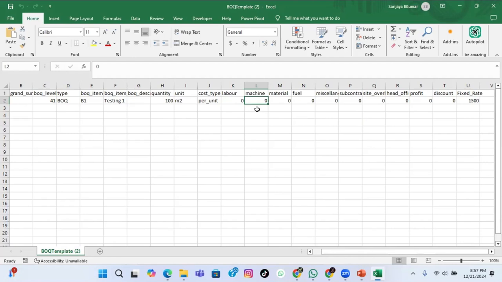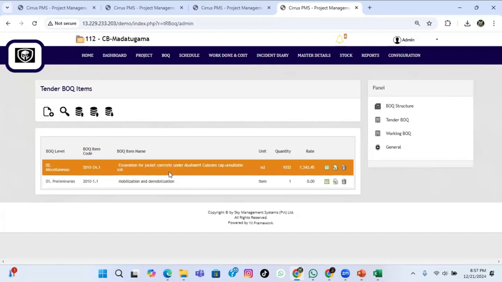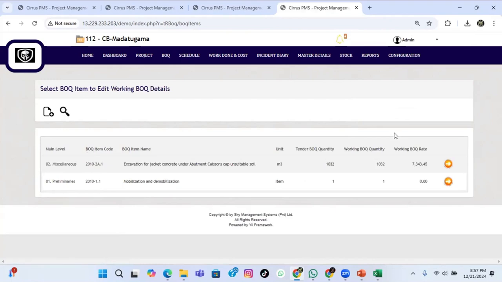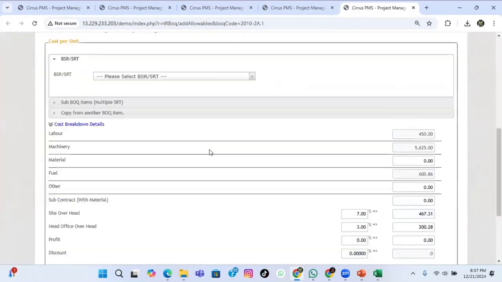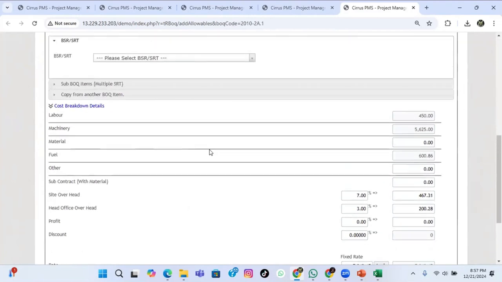So when we consider the machine, there are a lot of machines, no? That's why, for our example, we put some machine, for example some JCB here. But when we are working with the BOQ, we will go for the working BOQ. This is the working BOQ model. Okay. Here,